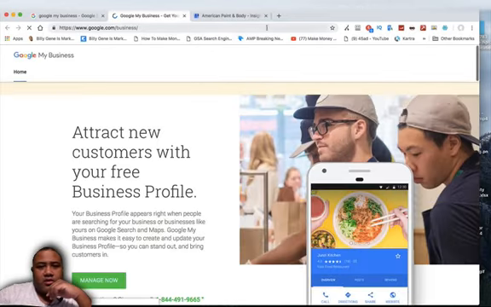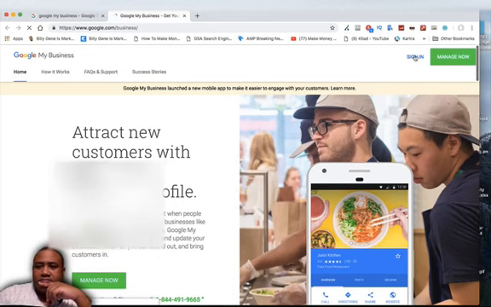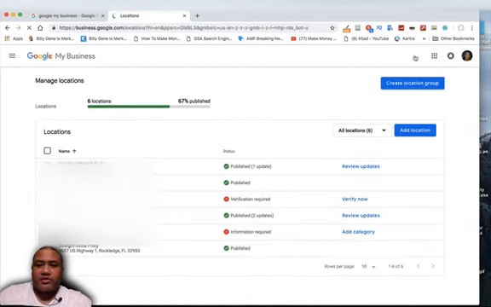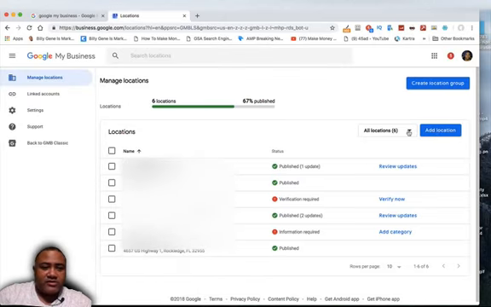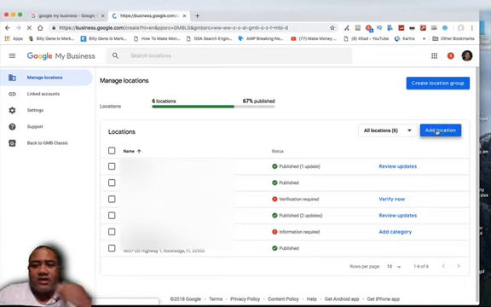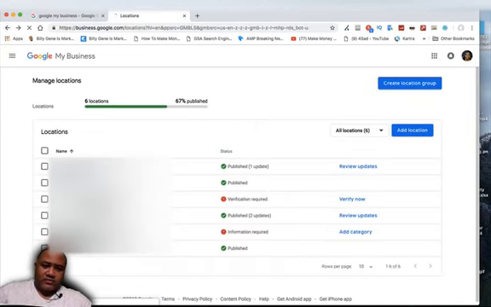You gotta sign in to Google with your Google account. I already have some locations, so you're probably gonna have an empty screen. You're gonna add a location, type the business name, and follow the directions. I don't have a business to add right now, but once you add a business, you can go back to your